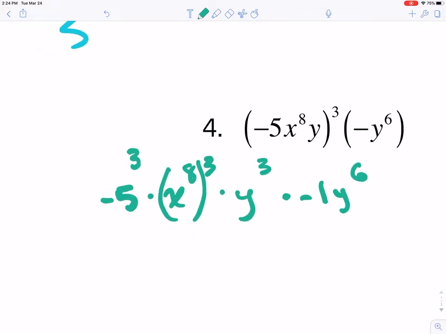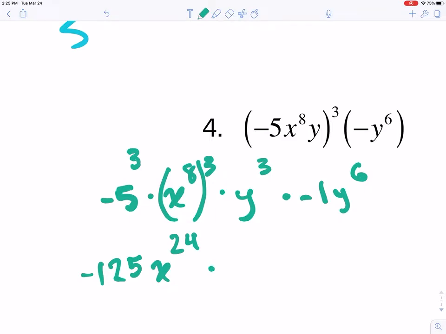So it's a little bit different this time when you have a power to a power. So negative 5 to the 3rd, that's negative 5 times negative 5 times negative 5, so 3 copies. You can double check with the calculator, but you should get negative 125. Unlike before, now that we have a power to a power, that's multiplication of the exponents. So it's going to be x to the 8 times 3, which is 24,